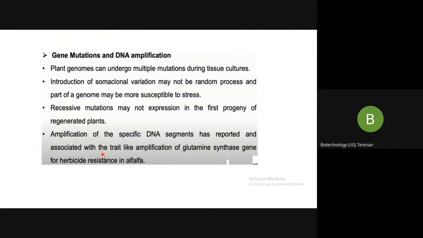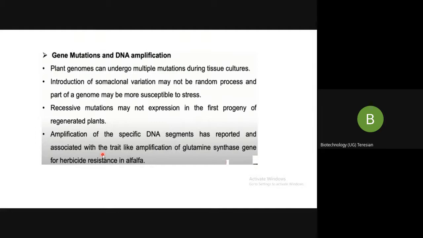So next we have gene mutation and DNA amplification. Chromosomal level changes occur at a larger scale, where large fragments or segments of the genome are involved. However, stress in the in vitro culture may result in small specific mutations, and multiple mutations accumulate during the generation of a plant, or accumulation of metabolic product itself in the media may affect and induce the somaclonal variation.